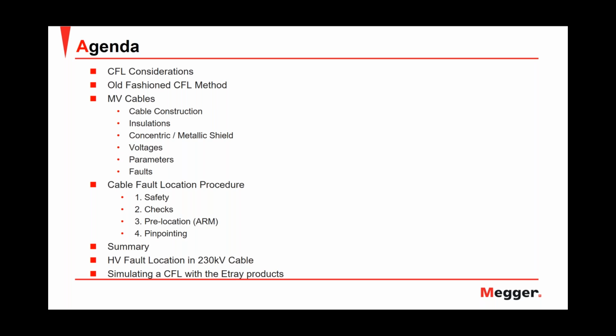We will continue talking about the cable fault location procedure, and we will analyze each of the 4 steps: the safety, the checks, the prelocation using the arc reflection method, and pinpointing. Then we will do a brief summary of the arc reflection method, and we will see an example of a fault location in a high voltage cable of 230 kV. And we will finish this webinar by doing a simulation of a cable fault location using the Megger products. So let's start with the